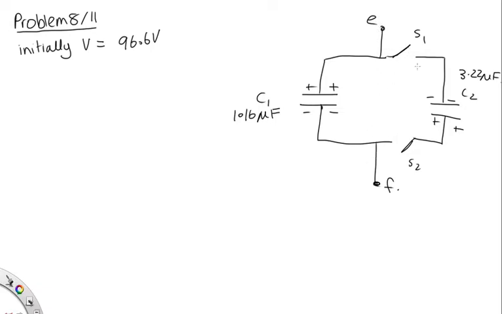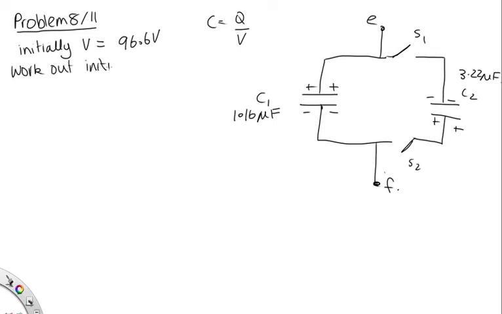Okay, when this switch is closed, what's going to happen is these negative and positive charges are going to flow together, and they're going to cancel out as much of the charge as they can. So what we need to do is work out the initial charge here and the initial charge here, and then we'll be able to work out the total charge once the switch has been closed. Once we've got the total charge, we can use C equals Q over V to work out what our voltage is going to be, as we can work out the total capacitance for this situation. Okay, so let's work out